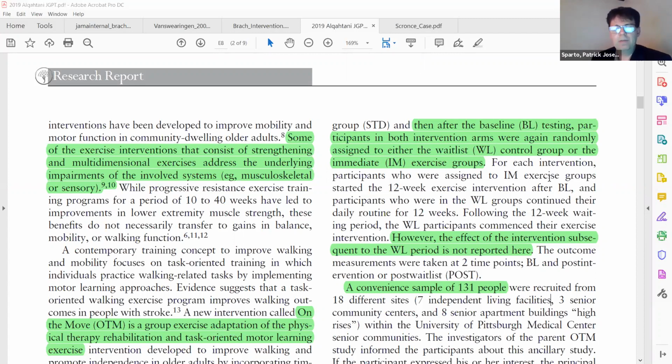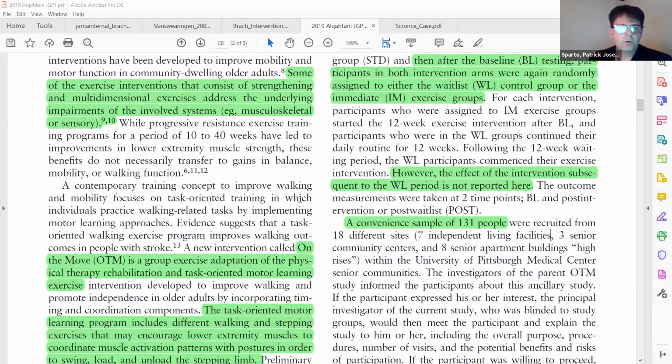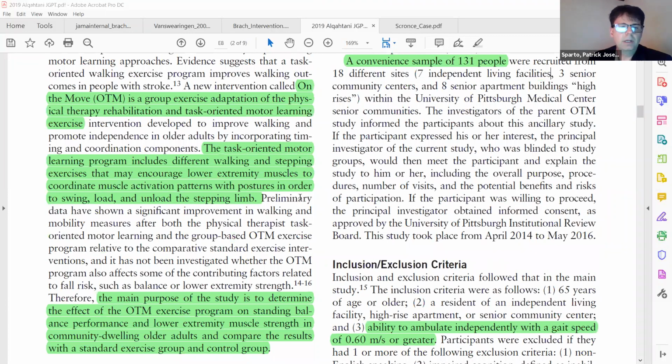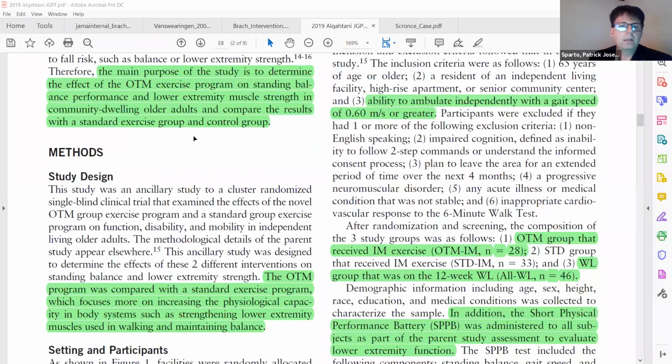So a lot of the interventions prior to this had taken the perspective, well, let's build up the strength and the balance and see if that has an effect on mobility. We sort of took the converse view of it and said, well, here's this intervention to look at restoring mobility. Does it have an effect on strength and balance outcomes, in addition to the primary outcomes that were in the main study? So that's really the purpose of the article, and you can see it highlighted here right before the methods,